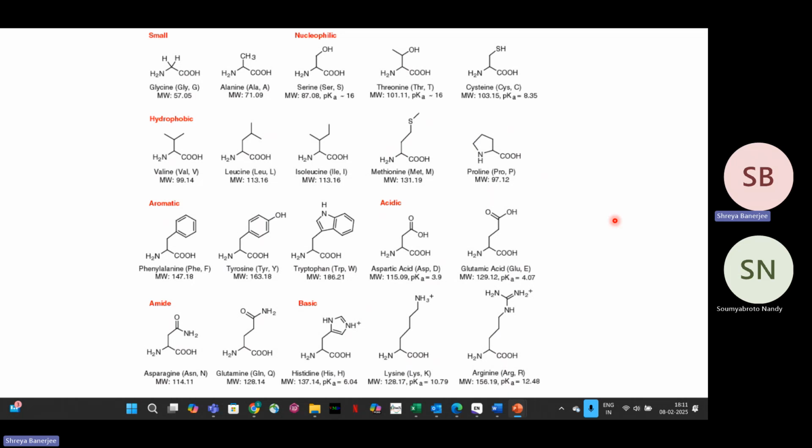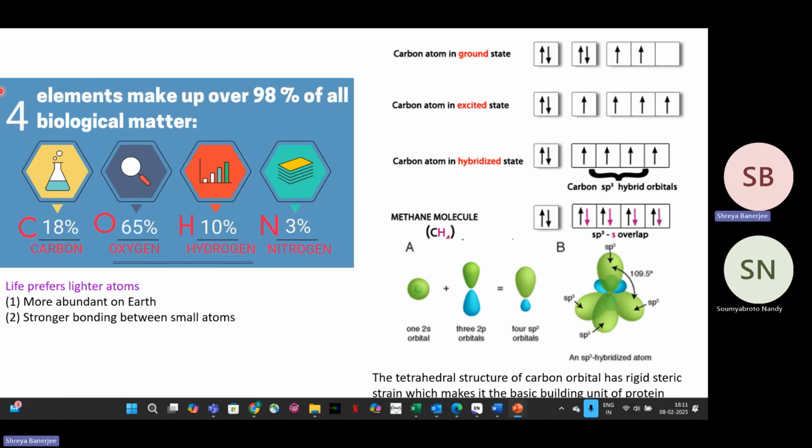Now we will be discussing different properties and how these amino acids form the proteins. As you know, there are 4 elements which make up 98% of all biological matter. Carbon makes up around 18%, oxygen 65%, hydrogen 10%, and nitrogen only 3%. So these are quite light atoms. These light atoms are most abundant in making up all biological matter, because small atoms have stronger